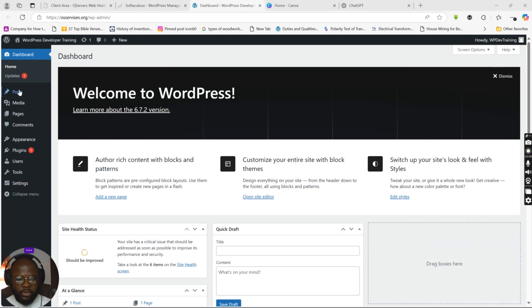If you want to locate your theme, remember this is still a fresh WordPress. We've not added anything. This is the way it was installed. So if you want to locate where your theme is, the last time we were introducing each of the tools here, we talked about going to the appearance and then to the themes. So if you go to the appearance and then you click on the themes, you're going to locate all the